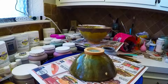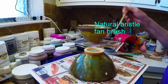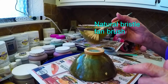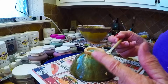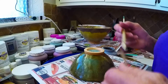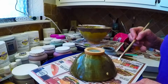I use a fan brush when I'm glazing. And the reason is I can cover a lot of territory. I can scoop a lot of glaze onto this like it was a little shovel or something. And I can spread it. The bristles are hog hair or boar hair, or so I think they call them natural bristles as well. This one used to be longer than this and thicker, but it's kind of worn. But anyway,